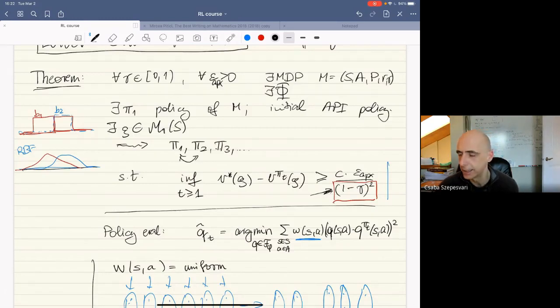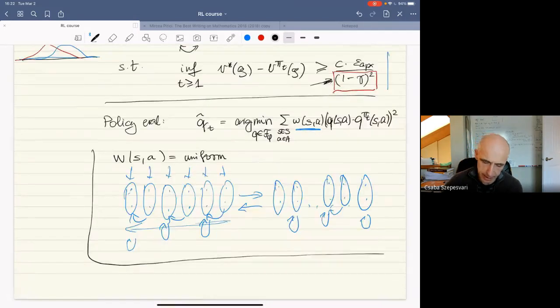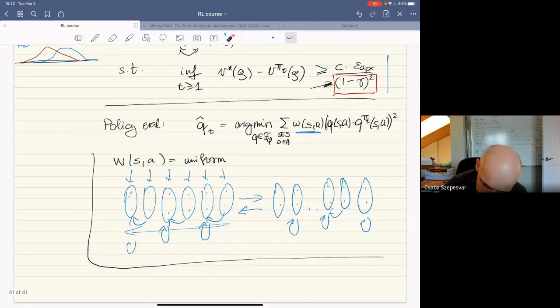It shows that, okay, if we can implement policy gradient, what should it be optimizing? Well, it should be optimizing